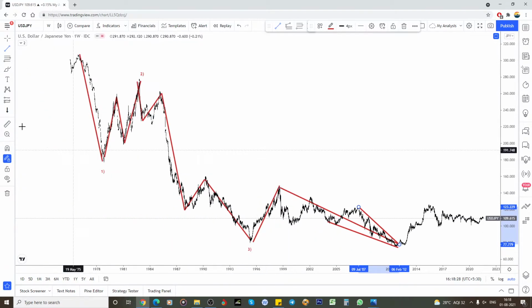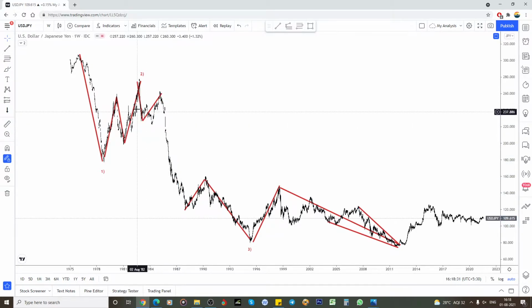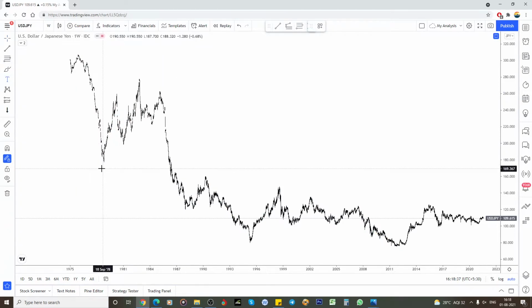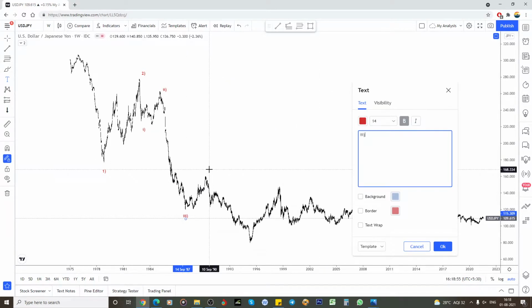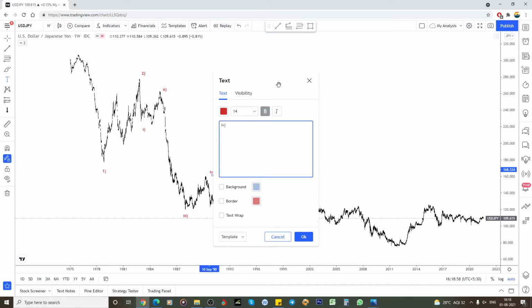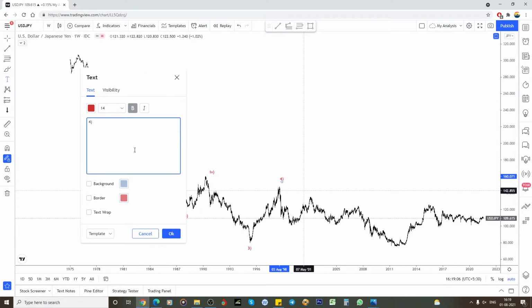So I will show you that. Now I will delete all those things, otherwise it will take more time. So now it's wave 1, this is wave 2, and this is the intermediate wave 1 of the Roman letter, and this is wave 2, this is wave 3, so this is wave 4, and this is the end of wave 5 of 3, and here this could be wave 4, and after that this is looking like, yeah,